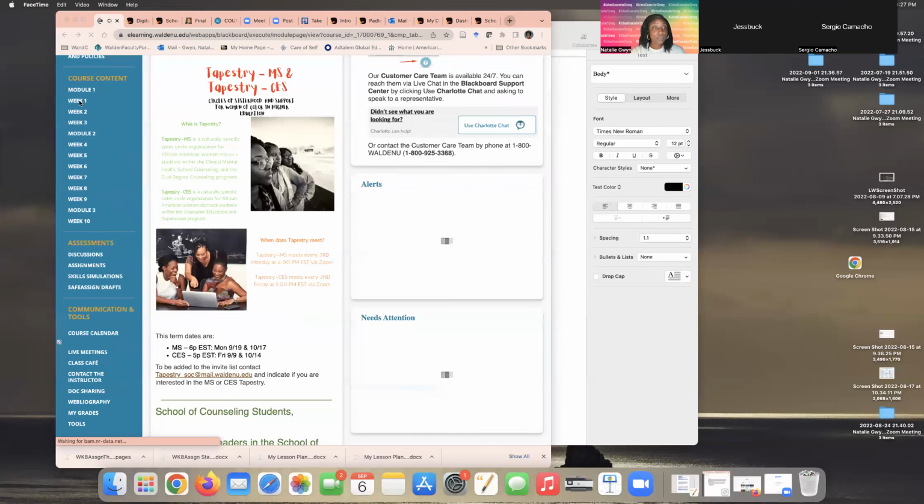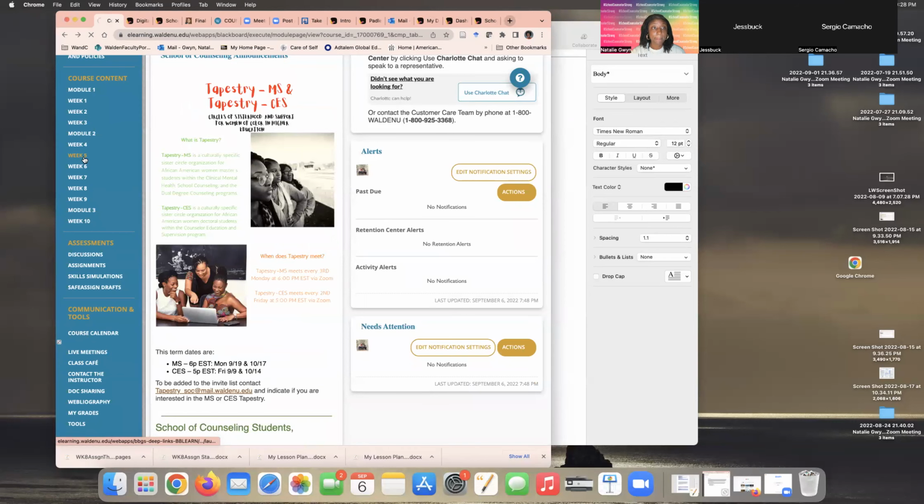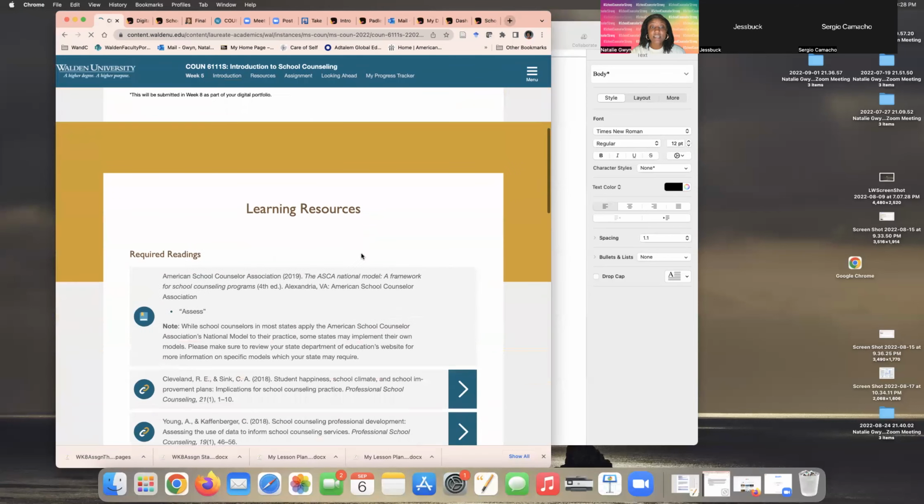So when we go to week 5, this is actually a bye week. This is a week where there's nothing due, where you can take some time and really gather your thoughts and everything that you need. This is the week where I tell students to work smarter. No, there's no discussion boards due. There's no assignments due. But during this time, you can go and identify the article that you would include in your Padlet,